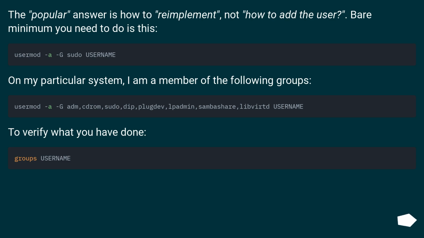The popular answer is how to re-implement, not how to add the user. Bare minimum you need to do is this. On my particular system, I am a member of the following groups. To verify what you have done,